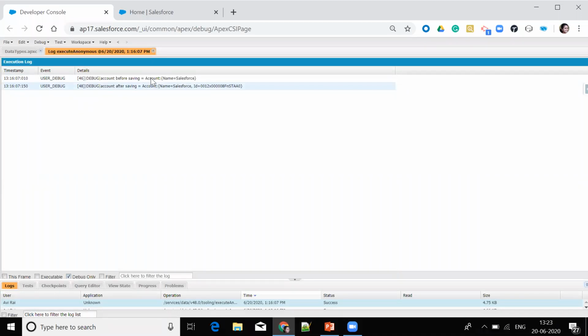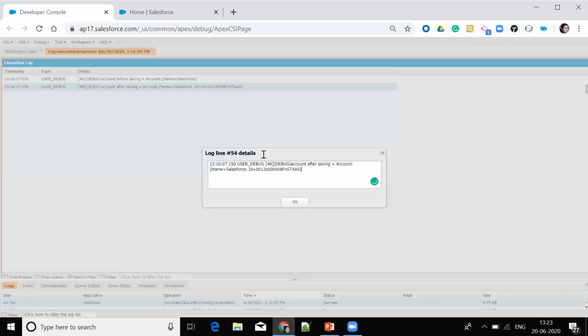Yeah, so before saving, I have given the name equal to Salesforce, but after saving, an ID field is automatically appended to the record, and it has given some value, which is done by Salesforce to uniquely identify each record. So here it is always the data type ID.